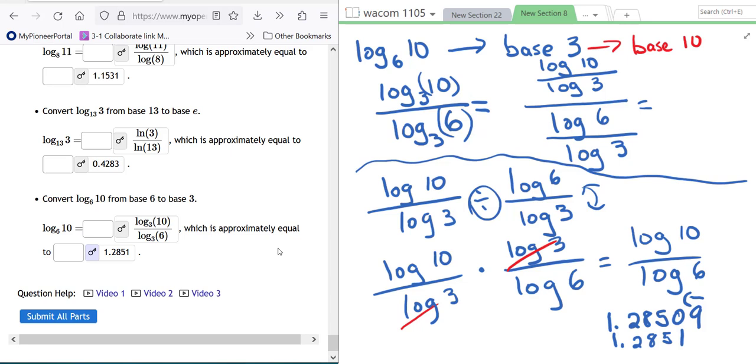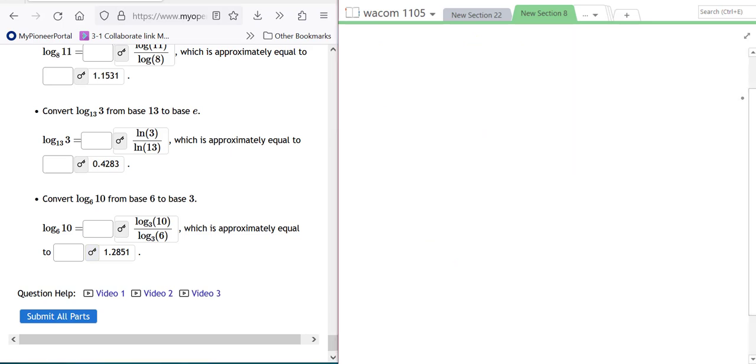There was one more thing I wanted to tell you guys. I don't have a template to show you, but if you have a TI-84 calculator, you can find the log of a different base. Now you would still have to know how to do change of base because it's requiring this first step. It's requiring you to show what you did. But on this calculator, if you have the TI-84 Plus,